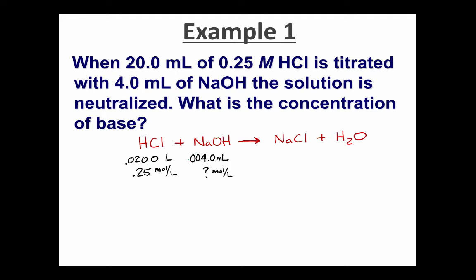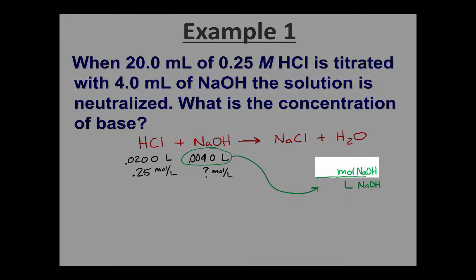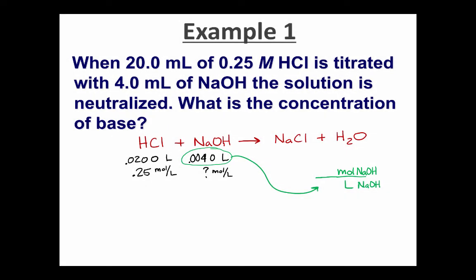I'll do this for both milliliter measurements. So here's my strategy for solving this. I'm looking for molarity, or moles per liter, and that's the molarity of the base, or NaOH. This means I need the moles of sodium hydroxide and the liters of sodium hydroxide. From the problem, I see that I already know the liters of sodium hydroxide. So all I need is the moles of sodium hydroxide, and I can get these moles from